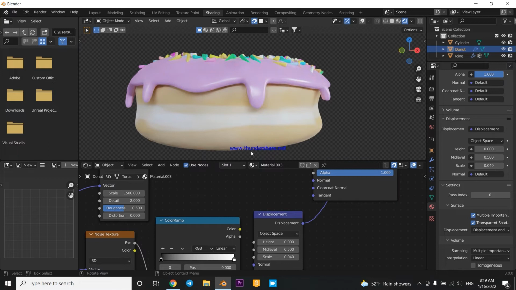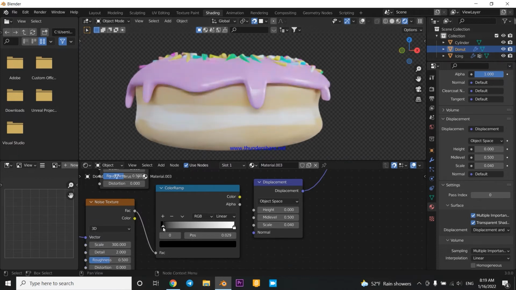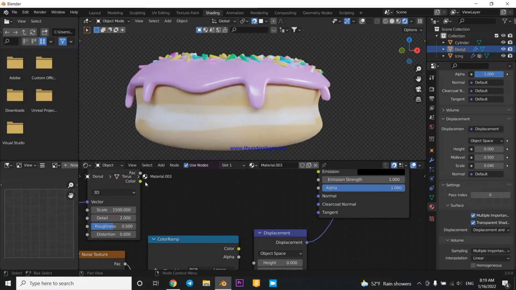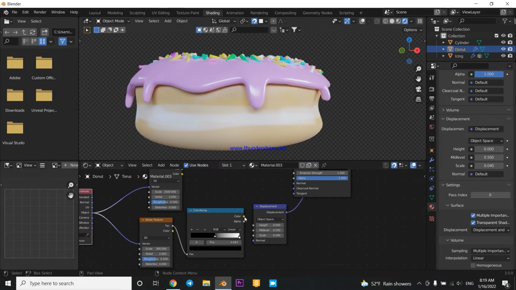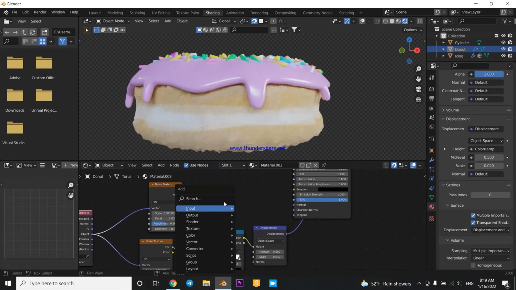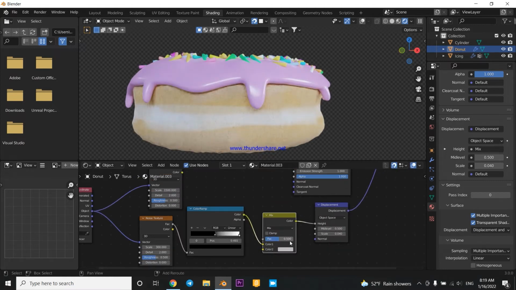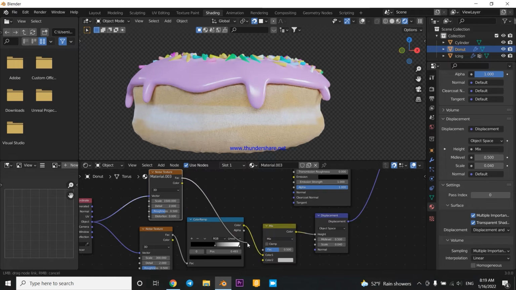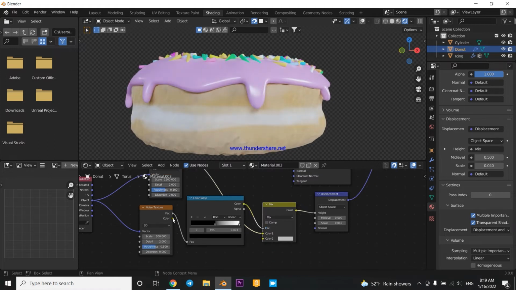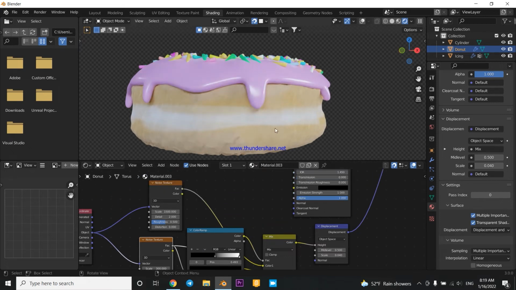Okay, now I don't think it has any micro displacement. To have it, move it to here, to about here, and color it to height. Now I want to add mix RGB node too. I forgot this. Put this to here. Now factor to color 1. Now color of the color ramp should be connected to factor of mix node, and this factor should be here and here too. And here is the donut